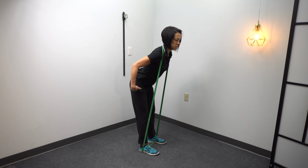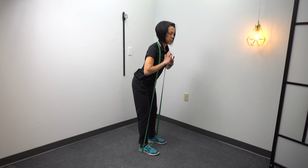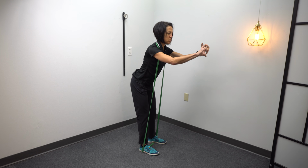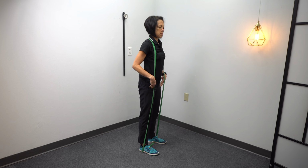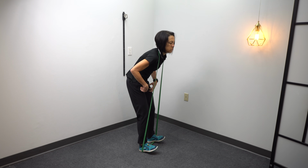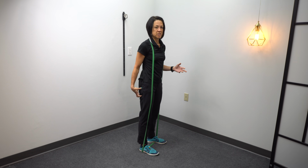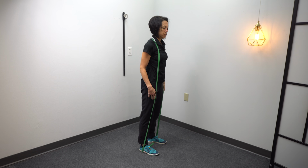Bend at those hips. Try not to round those shoulders. So if you had a flashlight pointing out of your chest, try and have it shining a little bit out on the floor, maybe like 5 or 10 feet out on the floor, or even think about it shining on a wall directly in front of you, and then back up so that you're not going like this. Then you're not really getting the most out of this exercise as far as isolating those hip extensors. Down, back up,